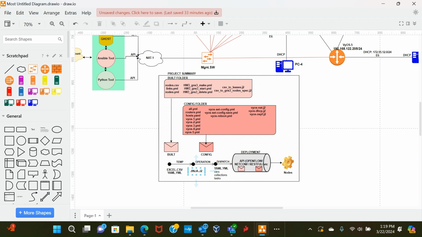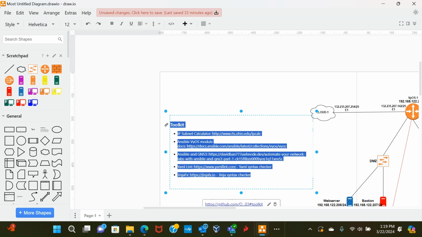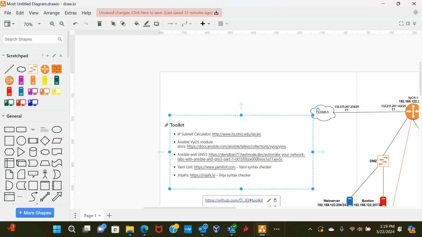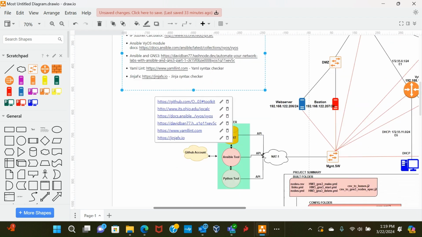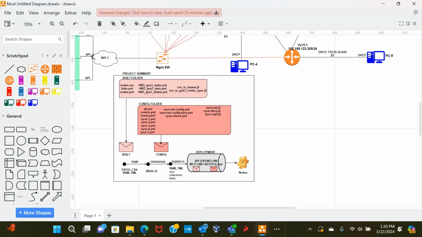We need to understand how to use Jinja files, and I have provided links for those really interested to have more ideas about these YAML files. We could go here to these YAML links and then the Jinja files, and then look at that. I'll provide them as well for everybody who is interested. I will develop specific videos on YAML templating alone, and then I'll also provide dedicated videos on Jinja files and how they are being used for automation within the networking industry for network engineers like us.